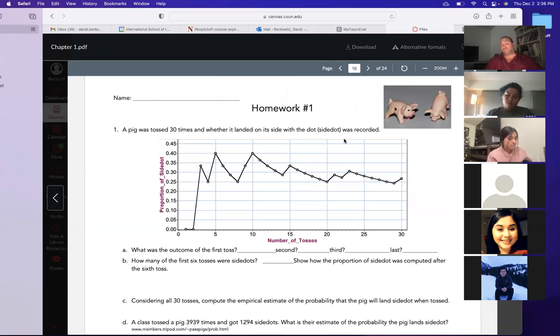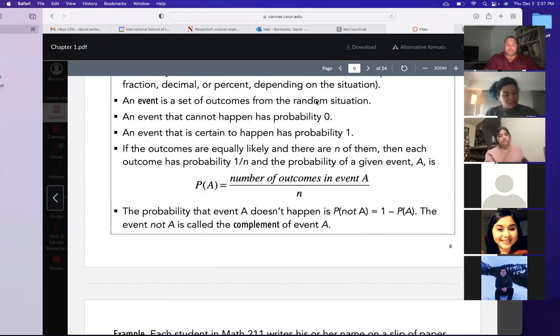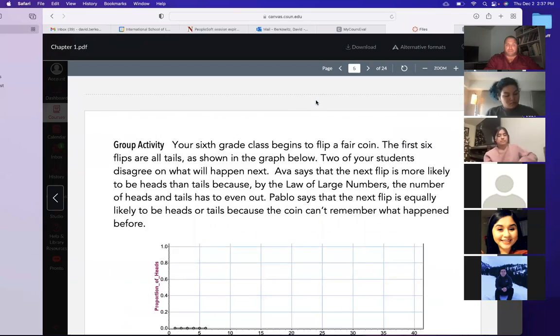So that was chapter 1. So if you look at chapter 1, recap, what do you need to know? The difference between empirical and theoretical probability, the basic rules of probability, the idea of a sample space, the law of large numbers. Did I miss anything in my recap of my recap? Or is that it? I don't know if there's anything I just missed. I think that was it.